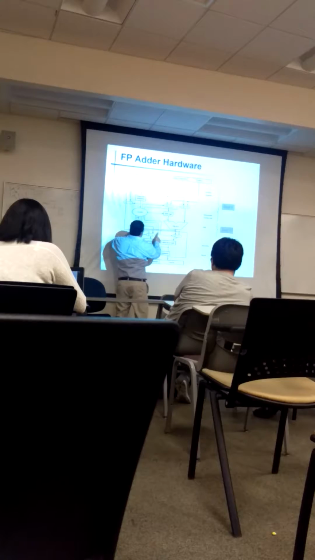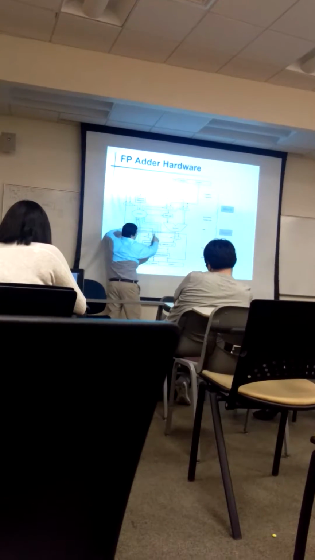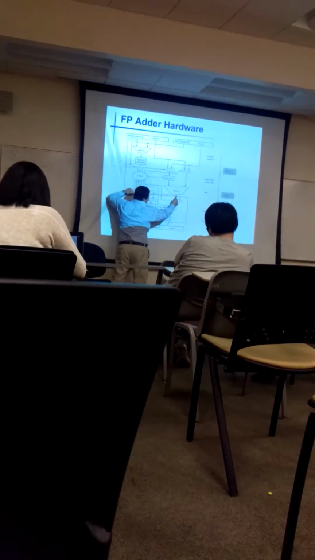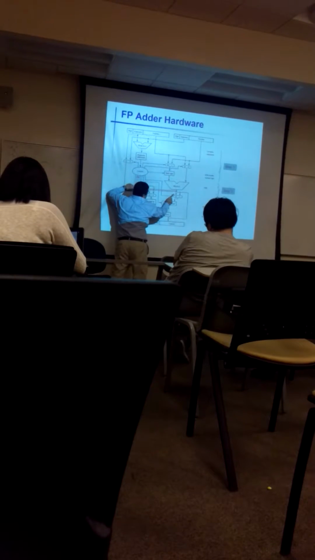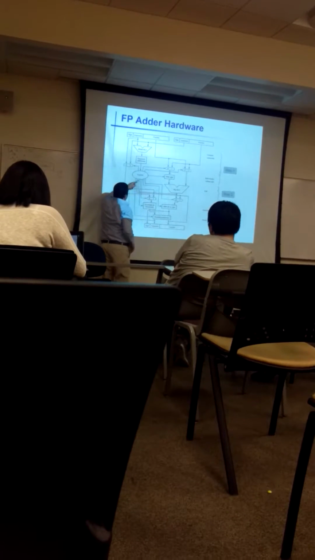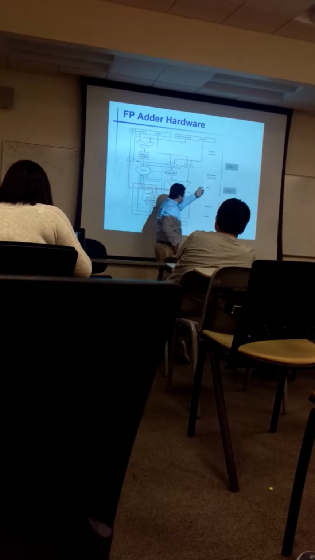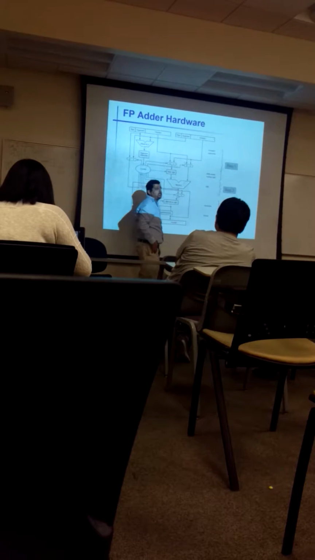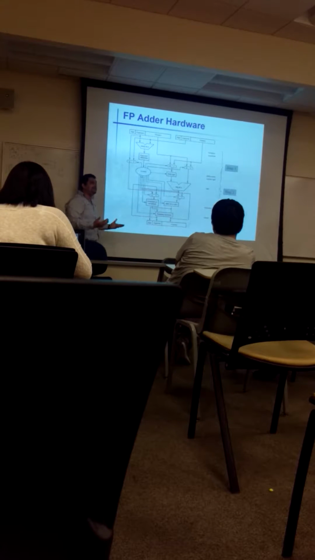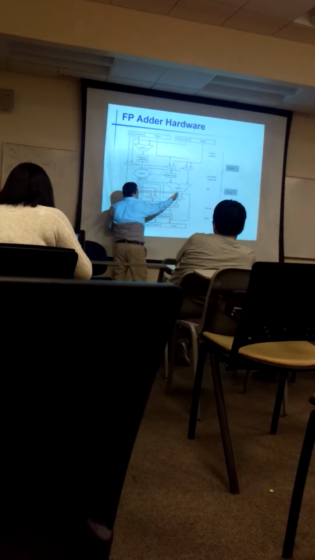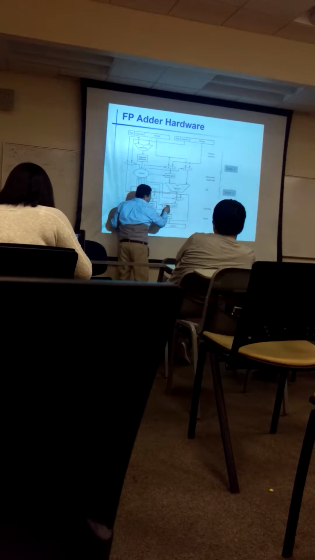Here, okay, so it selects here, as you can see. It selects something, either this one or this one, from the control panel. What is this signal coming from? From the control. Okay, so here will tell me that this is what? After the add, there is a normalization process. So it will tell me, I get this one, then I will pass it in order to shift left